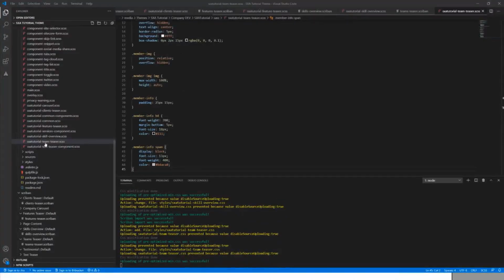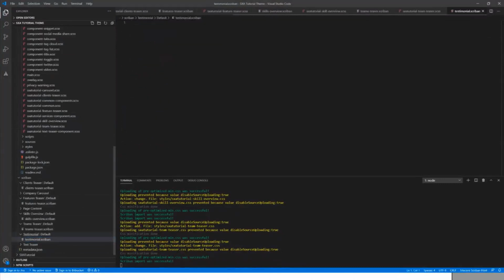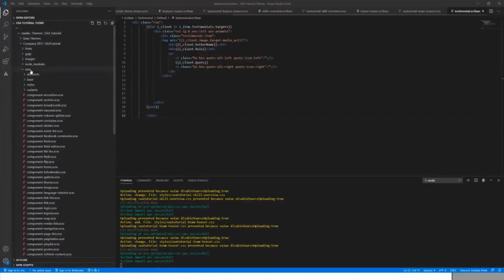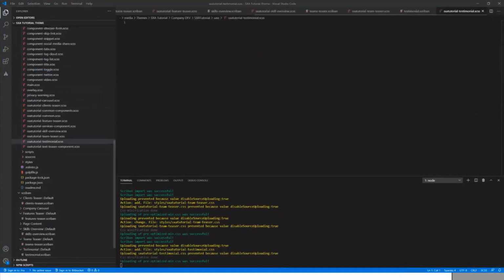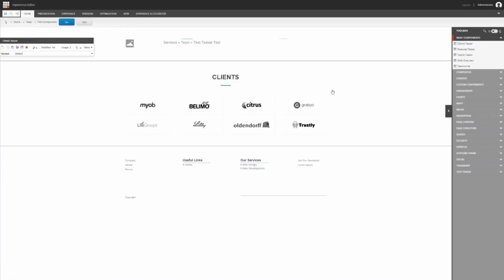And the last component is our testimonial. So let's also add a Scriban file, and let's add markup as well as the styles. So all the components are created from a visual perspective. Let's see if they actually look good or not. So going back to